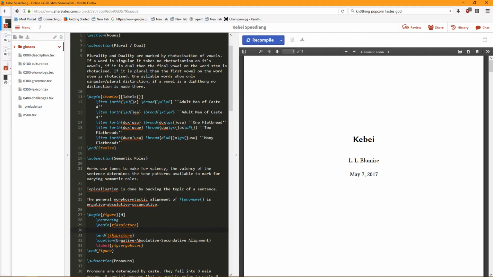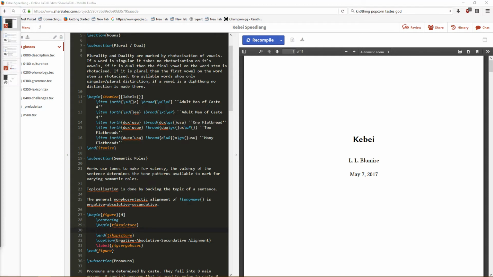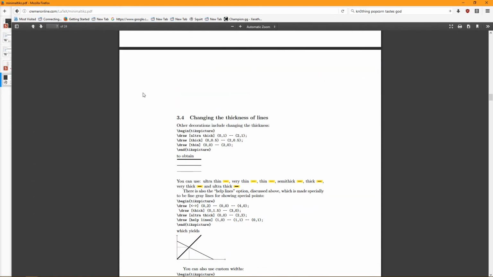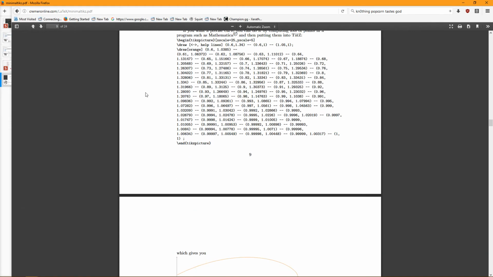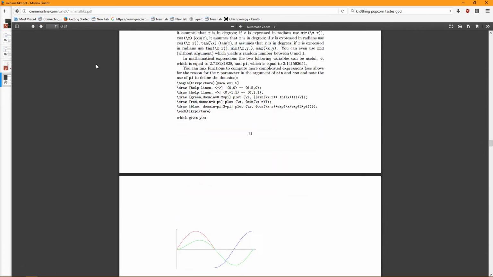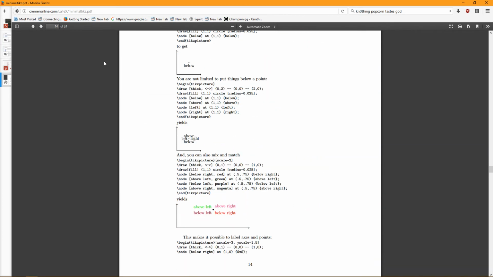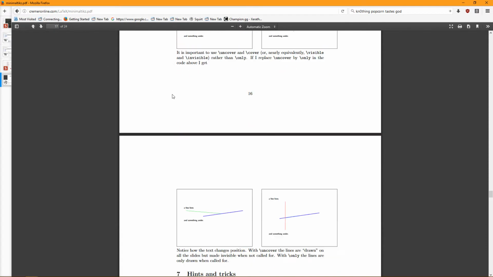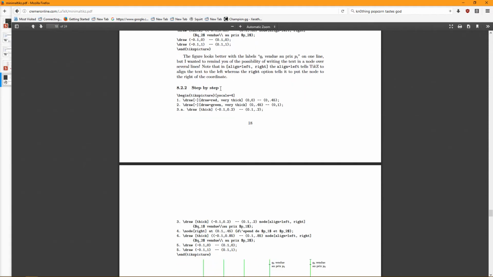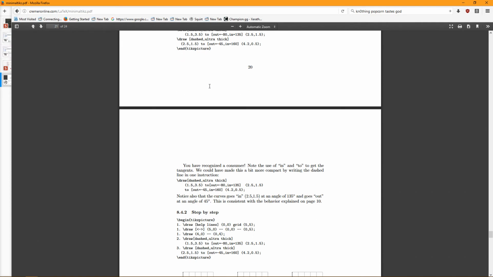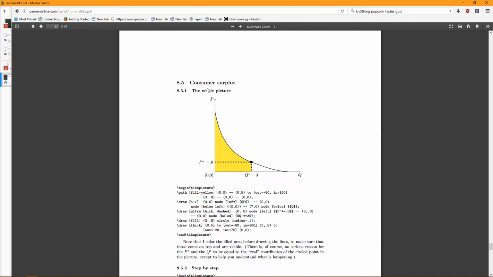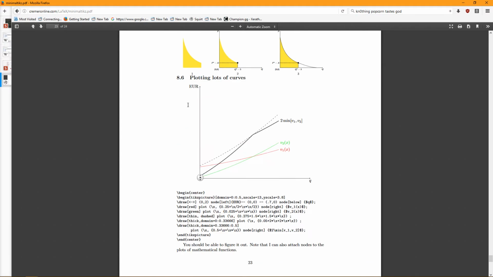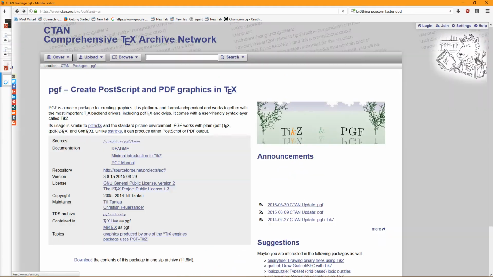Oh boy, how do we do this? This is all going to be about graphs, isn't it? This is 24 pages of how to draw graphs.